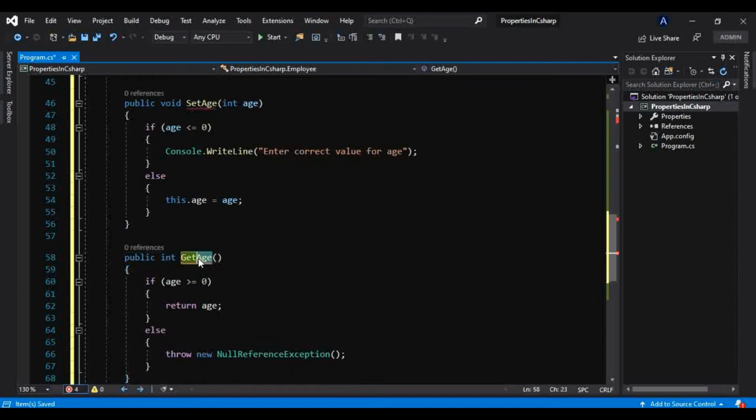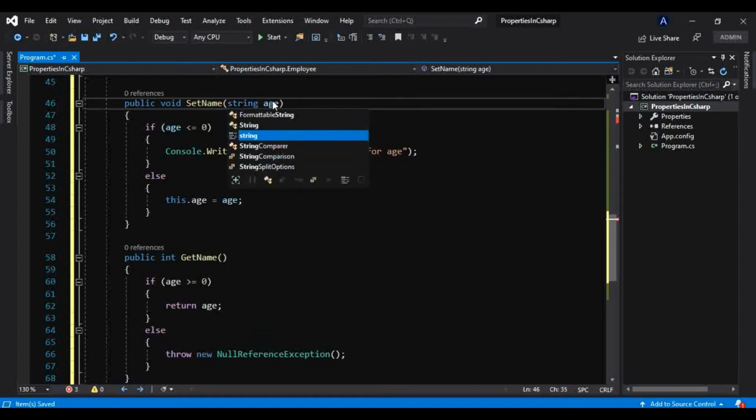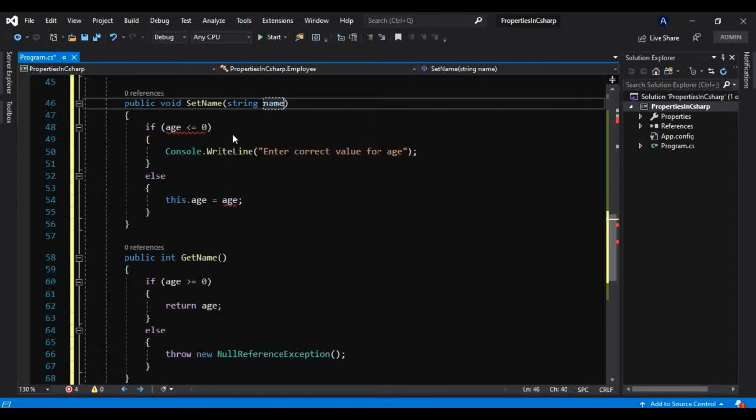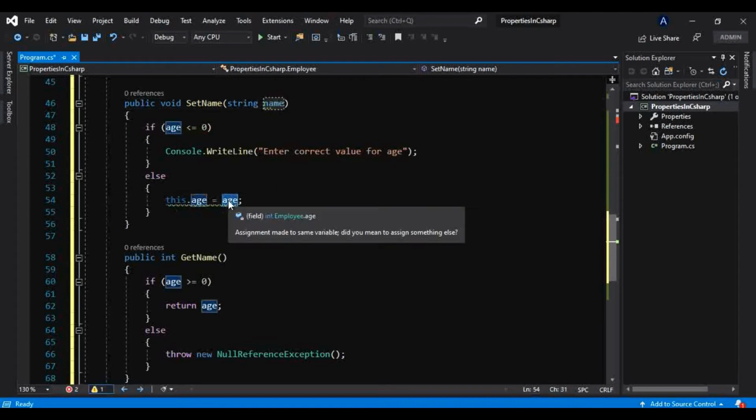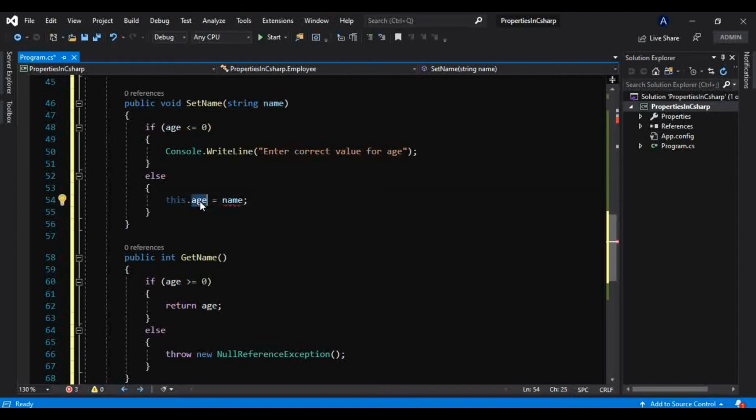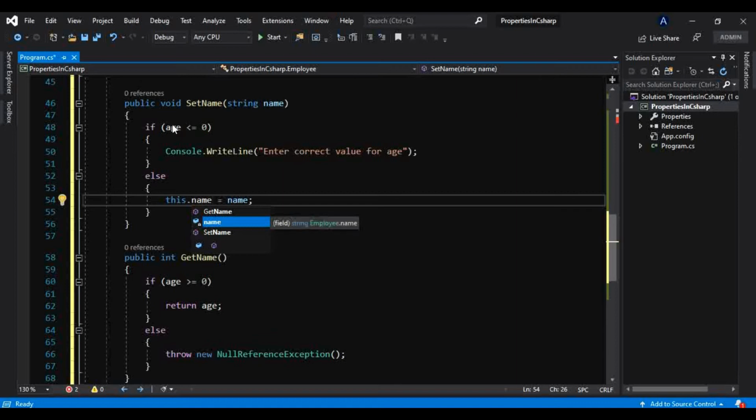And let me make the name as get name and set name, and whatever name comes into our method, we want to set that to our field, that is name. But if